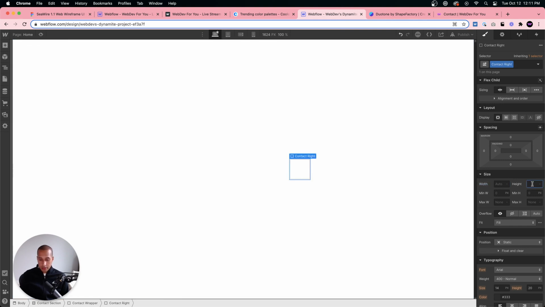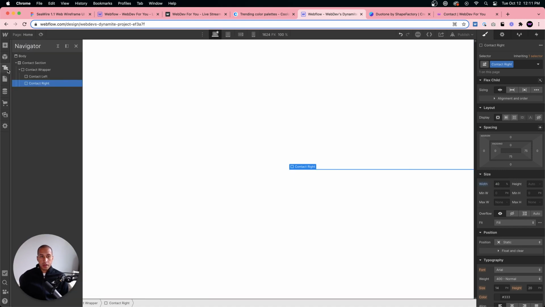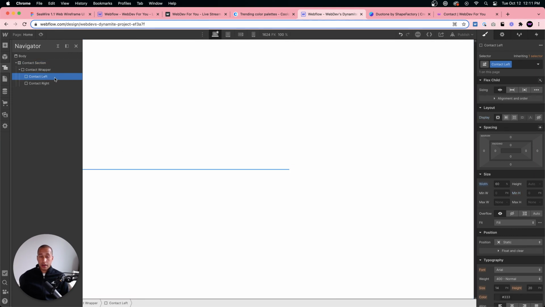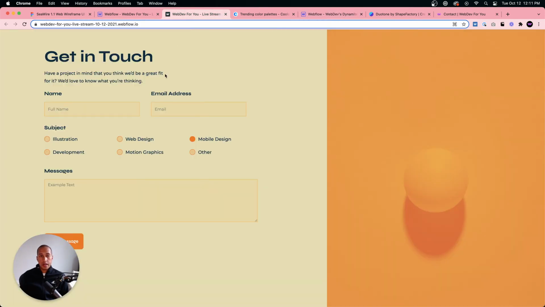And the contact right, let's do 40% in width. Okay, that looks good. And then, yeah, so now we can start adding content to the contact left section. So for this site, I'm using the font Sign, and then I'm using Varela Round for this because this heading has such a short x-height. I wanted to make sure I found a font that had a short x-height as well. And Varela isn't too short, but it's the shortest one I found by the default ones in Webflow.